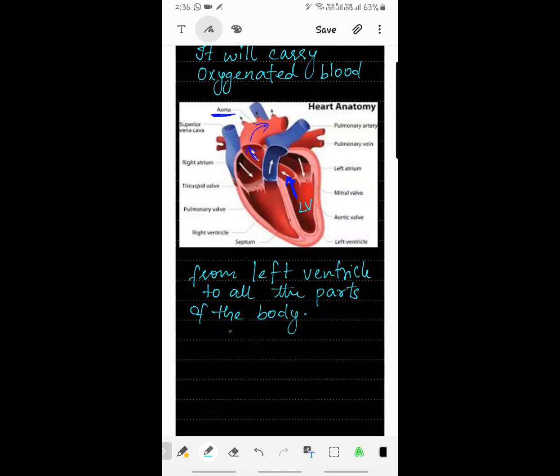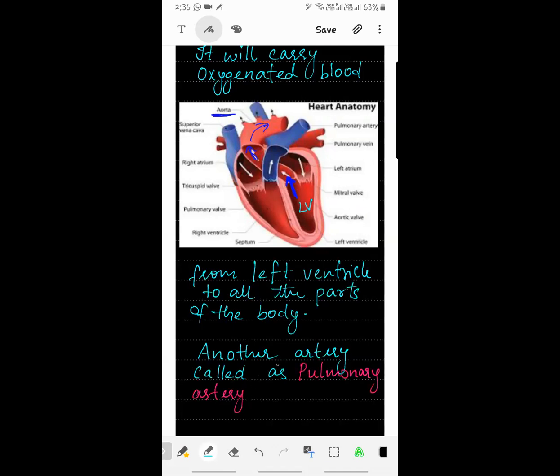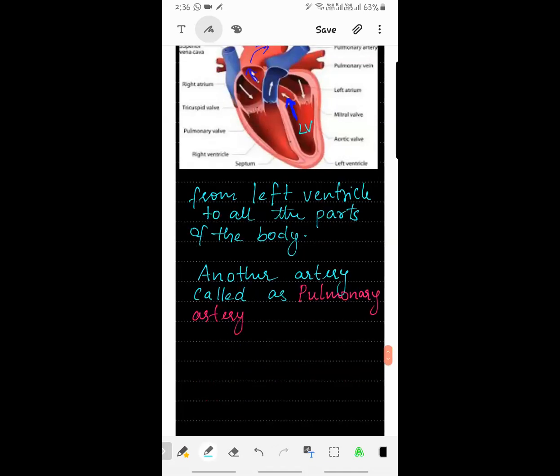it carries oxygenated blood, but there is another artery. I have told you, no one, there is an exception. Another artery called the pulmonary artery, which carries deoxygenated blood. This is the one exception in the heart and our body. Okay. Pulmonary artery is